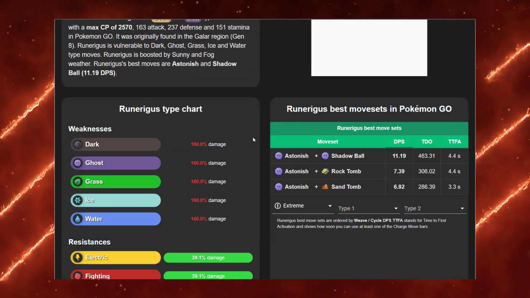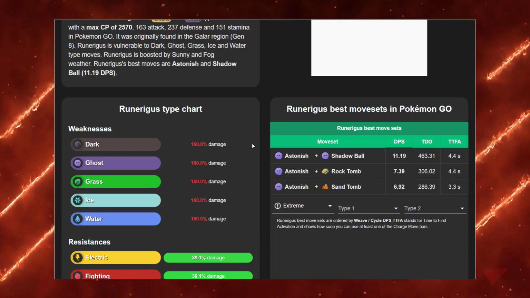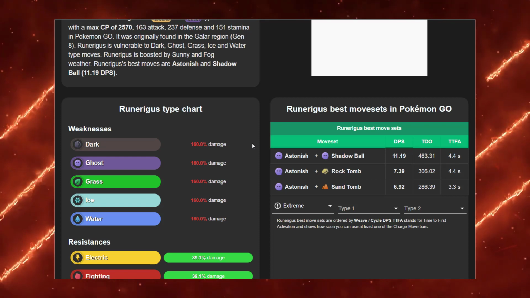Now, where Runerigus falls is that it has a terrible fast move. It has okay charge moves, but its fast move is absolute trash. It's horrifying. Astonish is the worst ghost move of all time, and why give it to something that's already hard enough to get in Galarian Yamask? Because it actually wasn't out for a long time. It was out for a little bit, and then it stopped spawning. So, if you have Runerigus,